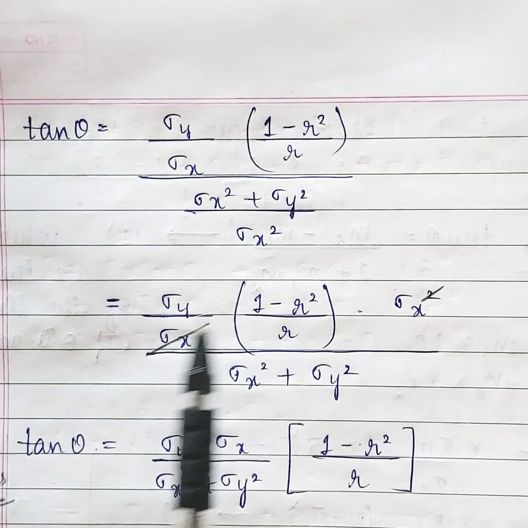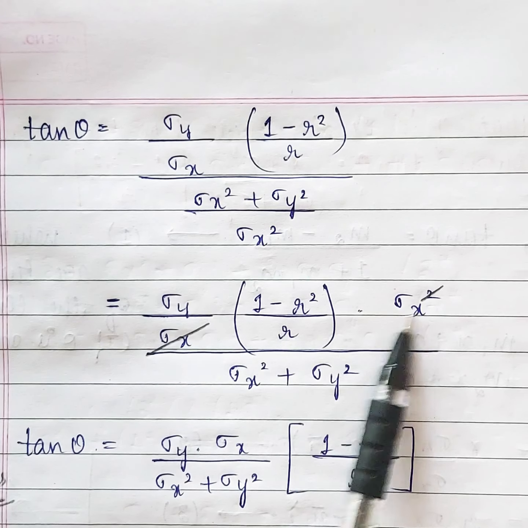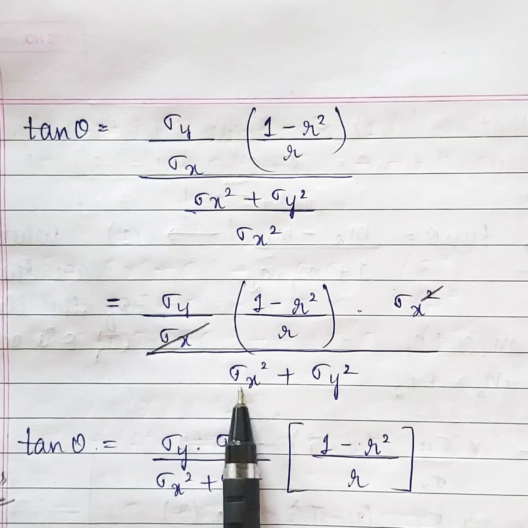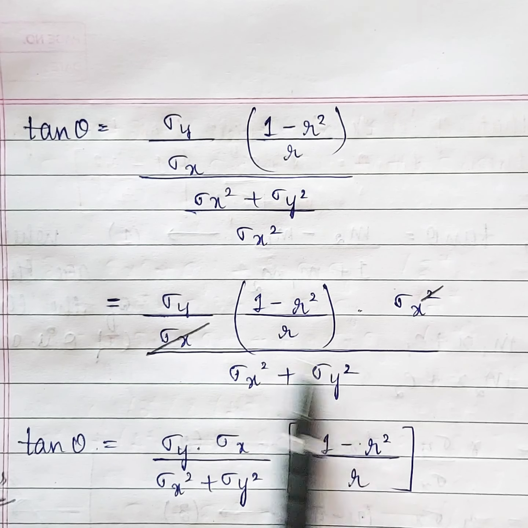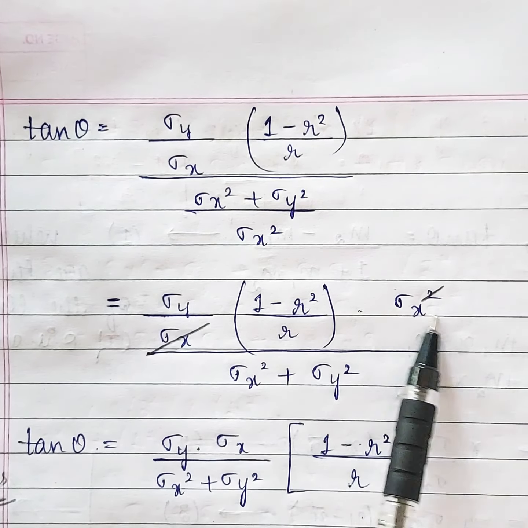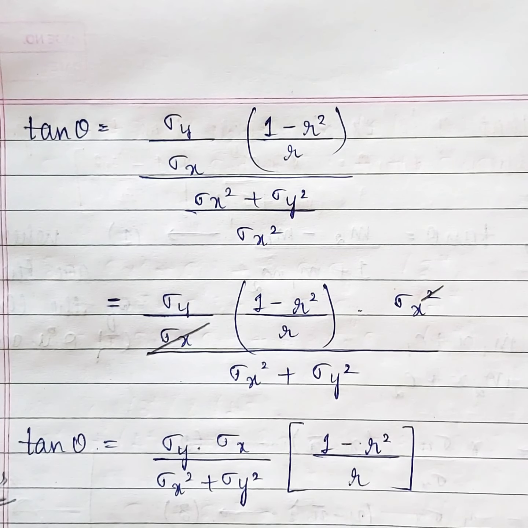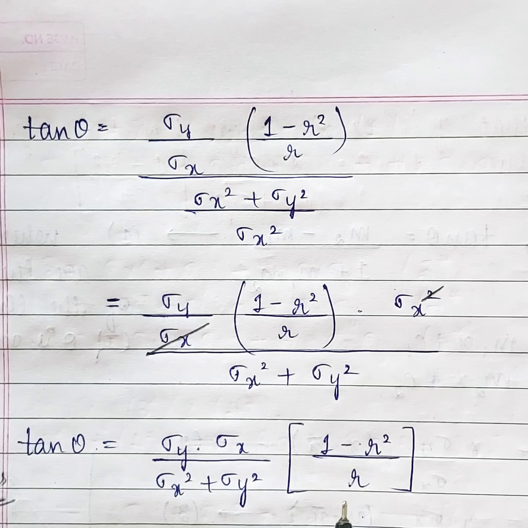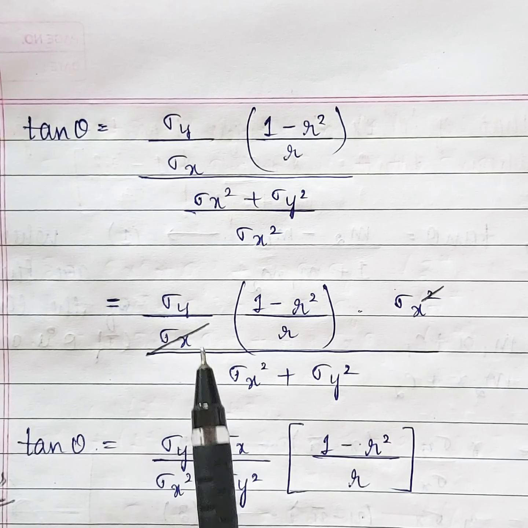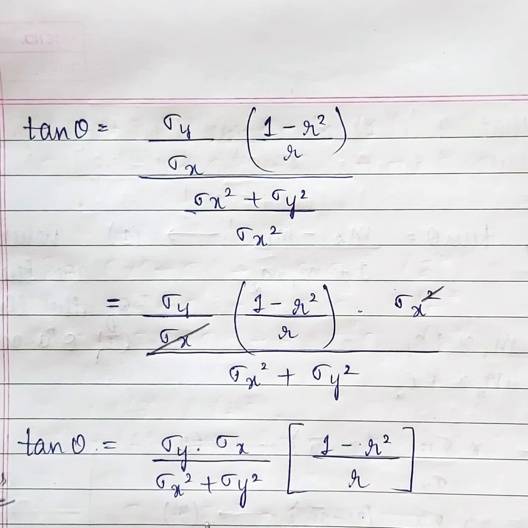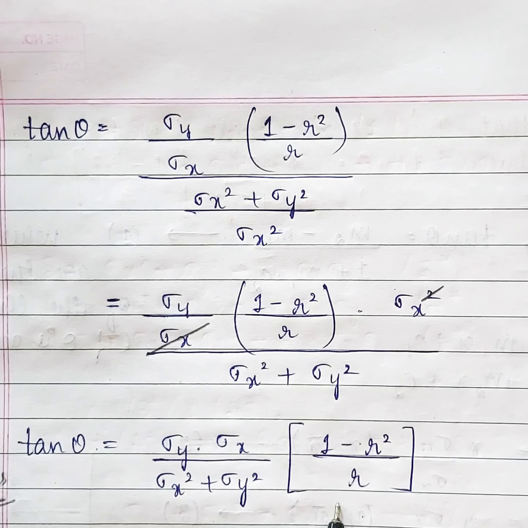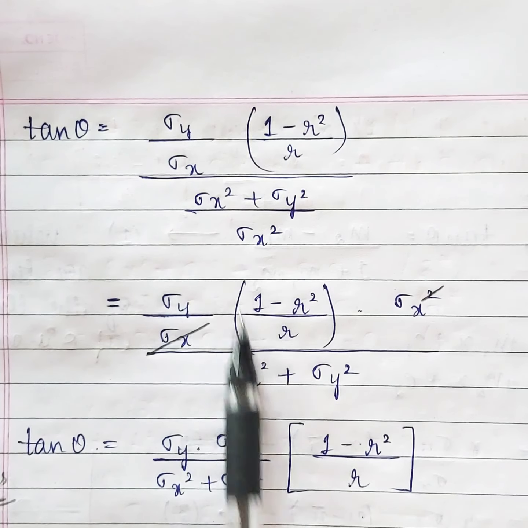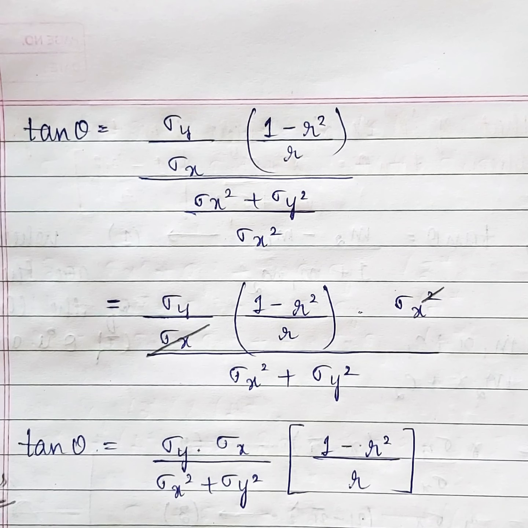So this will become sigma x. These two got cancelled. So denominator we clearly got sigma x square plus sigma y square, and numerator is 1 sigma y into sigma x, and this is a leftover term. So hence we got the required result. Those who are finding it tough to solve by LCM or something, directly you memorize this, write down the result, and you can merge these two lines.